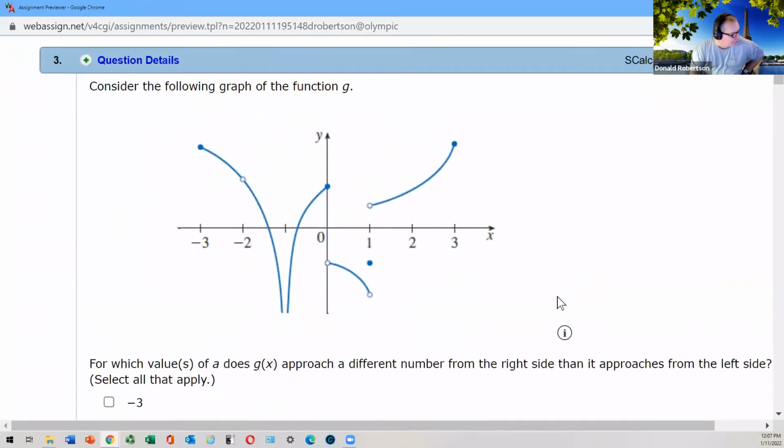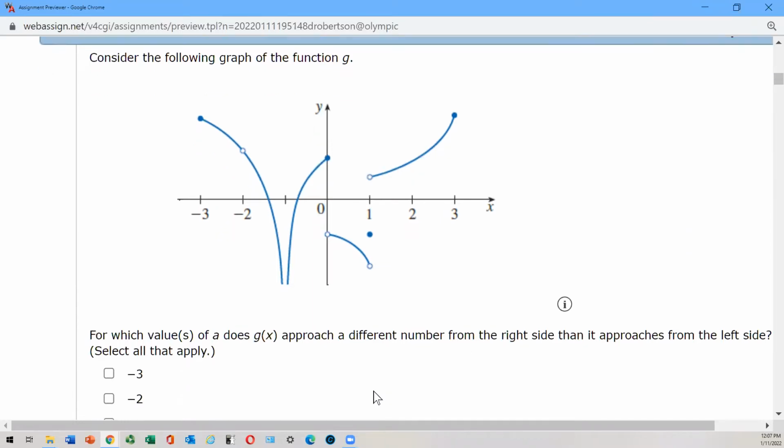Is there another one? There is one more. Where's the other one in that shape where coming in from the left is a different number than you would get if you came in from the right? It's basically right and left limits, but they're not calling it that. Well, there isn't, exactly.